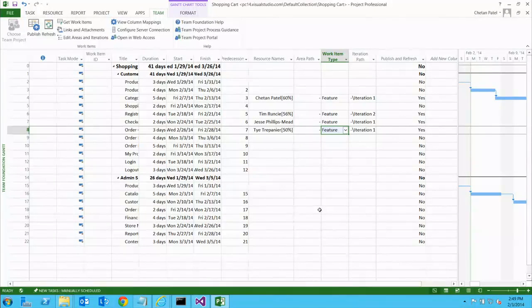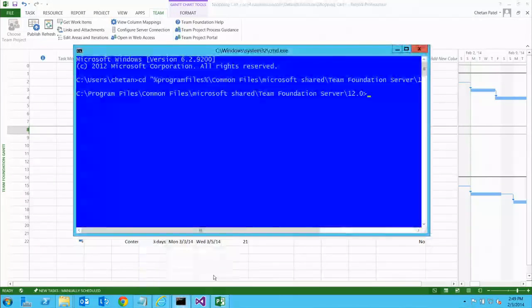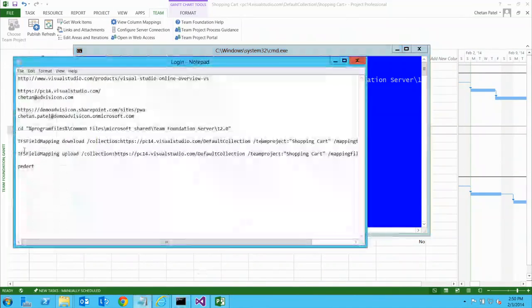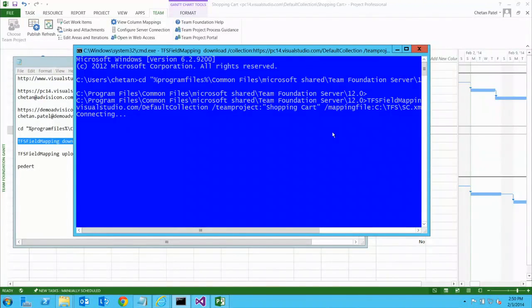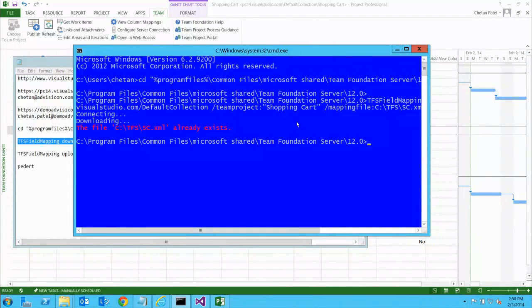In order for me to do that, I'm going to go into the command line prompt, and I'm going to go into this folder called Program Files, Common Files, Microsoft Shared, Team Foundation Server, and the 12 folder. That's where all the TFS commands are sitting. And I have not installed anything on this laptop. There is no TFS server installed, nothing like that. Visual Studio 2013 is installed, and this gets dropped automatically. So I'm going to run a simple command called TFS field mapping, and it's going to go down to TFS Online and bring down